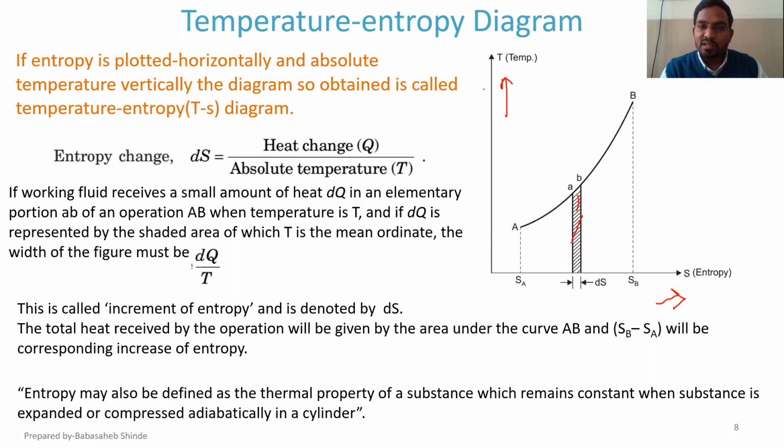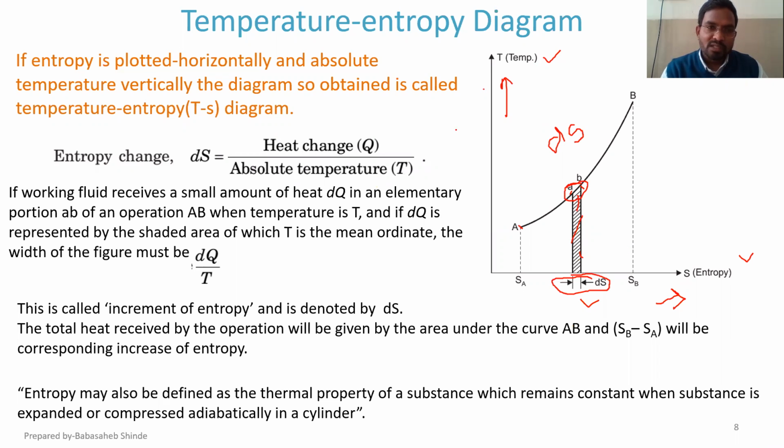Similarly, in case of TS diagram, when you plot temperature along y-axis and entropy along x-axis, the area under the curve gives us change in entropy. Suppose there is whole process AB, and out of that process I have considered a small segment, small AB, and if I draw area under that curve with the shaded region, that gives me change in entropy for that small segment of the process. So that is nothing but the ds. So area under the curve in case of TS diagram is change in entropy, delta S or ds.